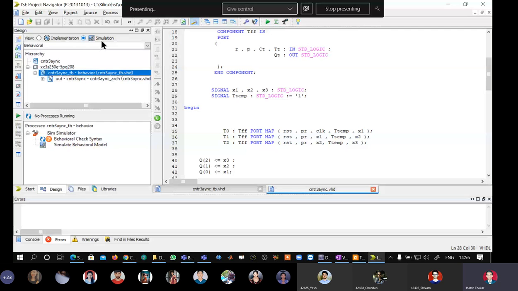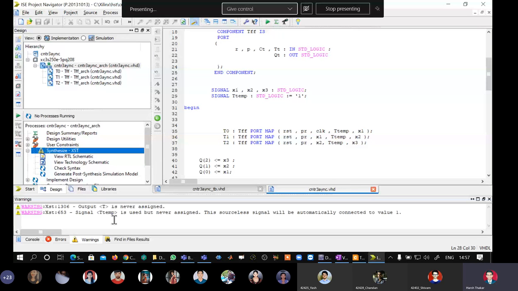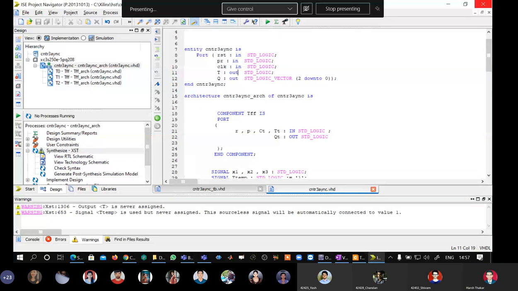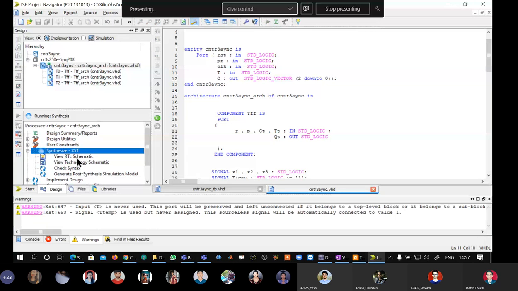Oh, what is this? It gave an error. Output T is never assigned. Where is output T? This is what happens when you don't pay any attention. Input T is never used.